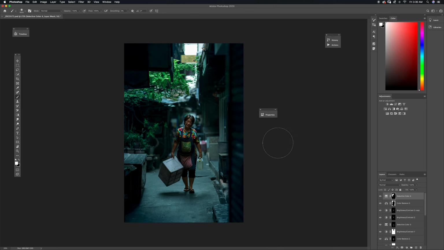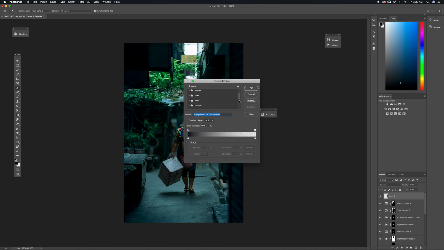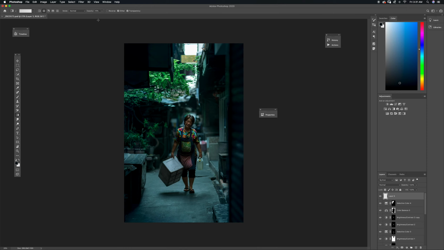I'm just going to add a misty effect here in the highlights area just to blend it even more and make it look even softer. So I'm creating a new layer. I'm going to my gradient tool here, and here in gradient tool, if you click here, make sure that the foreground to transparent option is selected. Hit OK, and I'm keeping the opacity around 14%,